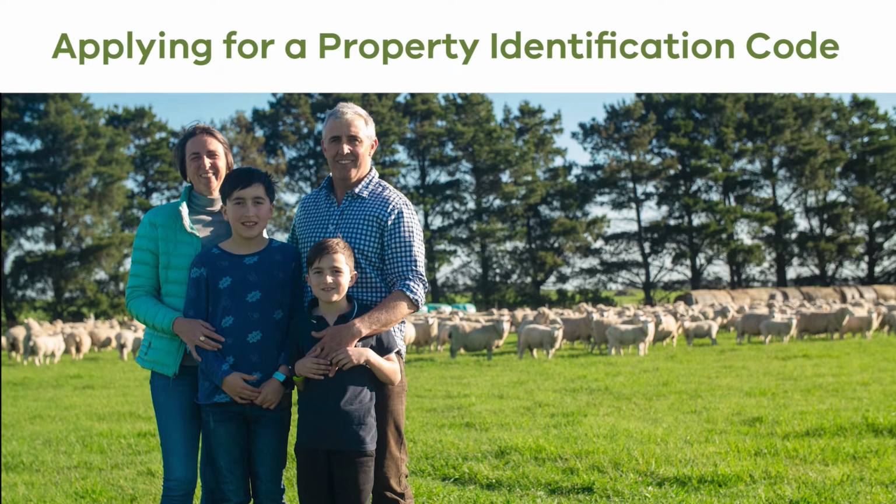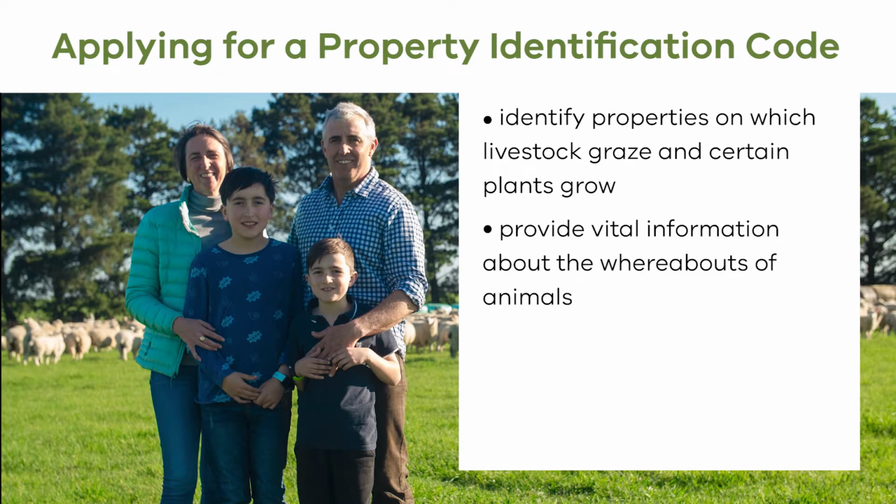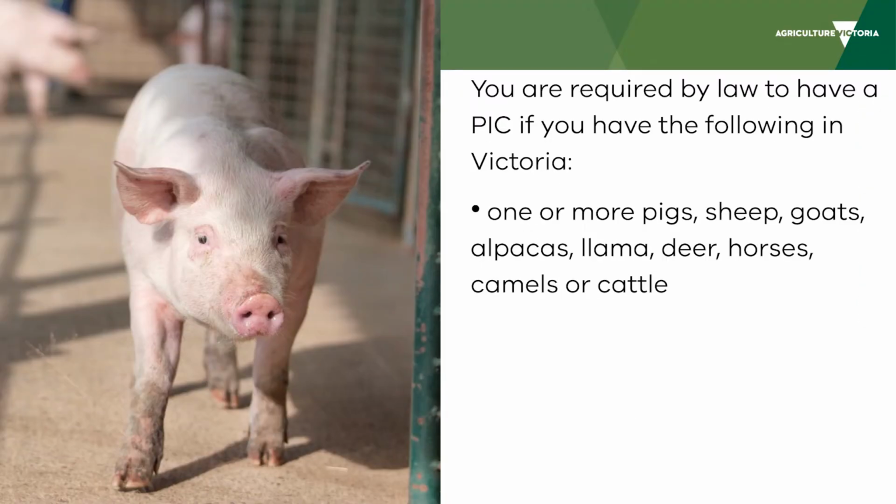Property identification codes, or PICs, are an important element of livestock traceability. PICs identify the properties on which livestock graze and certain plants grow. They provide vital information about the whereabouts of animals and enable the Victorian Government to contact and support owners during disease outbreaks and emergencies. You are required by law to have a PIC if you have the following in Victoria: